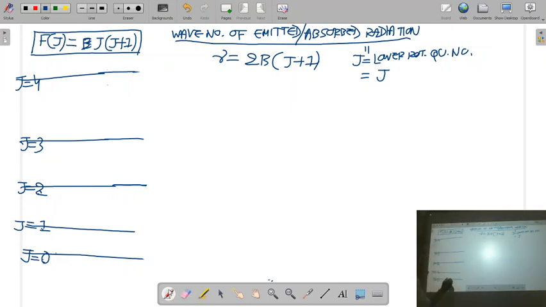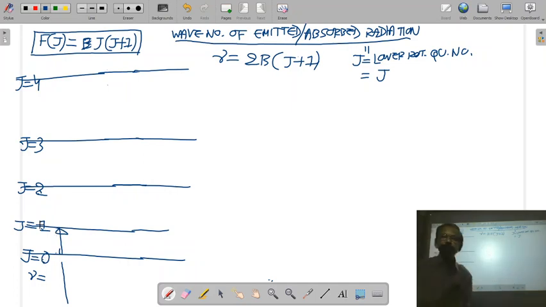Okay. Now let us see the different transitions of the molecule between rotational levels and see how the rotational spectra arise. Number 1. When the molecule makes a transition from the 0 level to the 1 level, you will get the first absorption line, whose wave number is given by, yes. Now see in this equation, what do you put? The molecule is making a transition from 0 level to 1 level, so do you put 0 or 1? I have written that J double dash is the lower rotational quantum number. So when the molecule makes a transition from level 0 to 1, you have to take J is equal to 0.